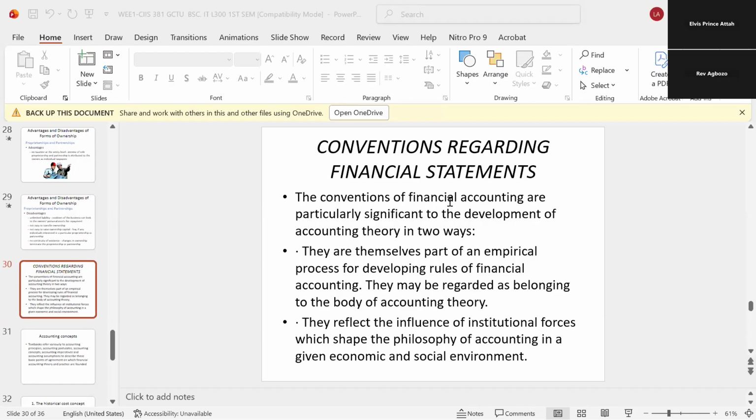So the conventions of financial accounting are particularly significant to the development of accounting theories in two ways. One, they are themselves part of an empirical process for developing rules of financial accounting. They may be regarded as belonging to a body of accounting theory. What does this statement mean? What we are saying is that